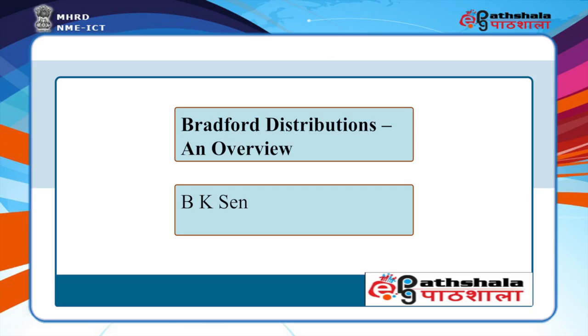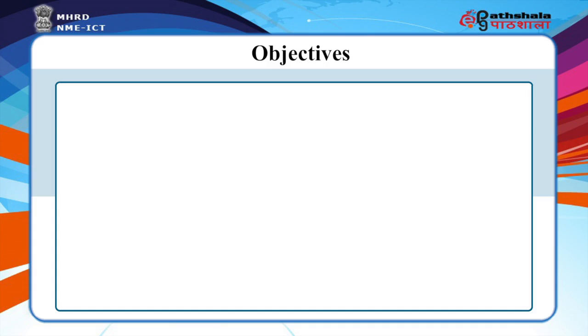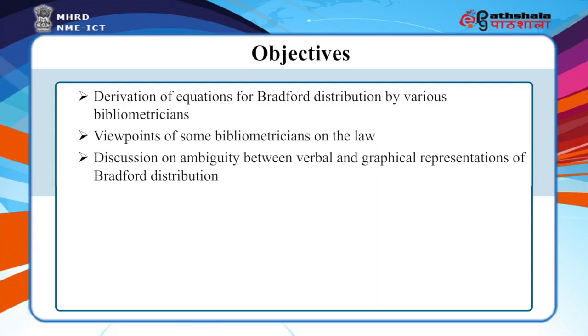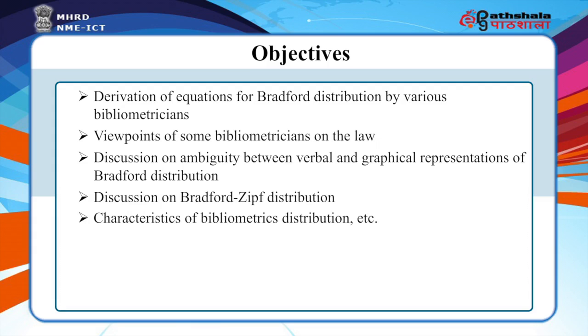This module provides an overview of Bradford distributions. The objectives of this module are derivation of equations for Bradford distribution by various bibliometricians, viewpoints of some bibliometricians on the law, discussion on ambiguity between verbal and graphical representations of Bradford distribution, discussion on Bradford-Zipf distribution, and characteristics of